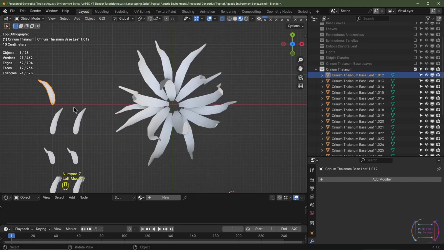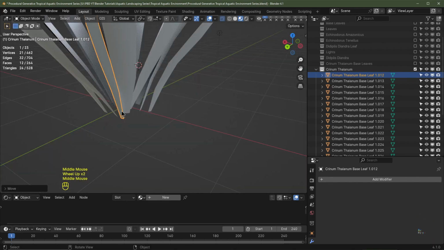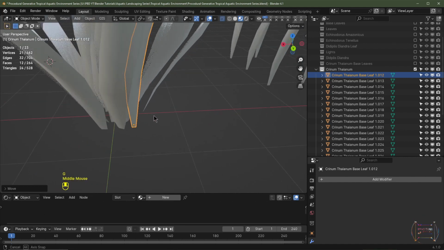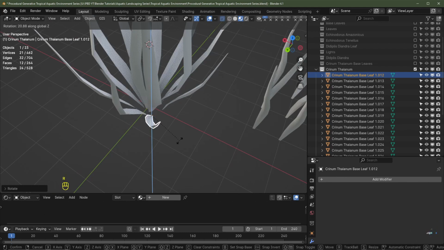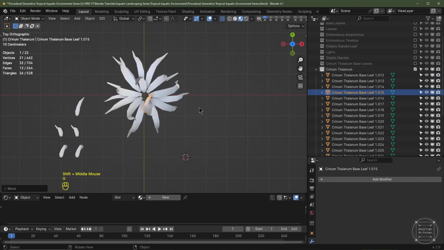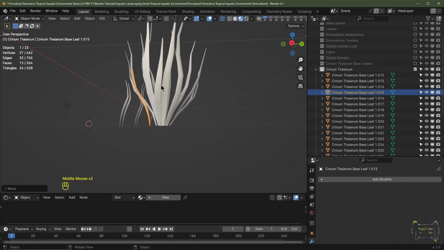I'll select this one, hit G, bring this around, maybe bring this one up here, move it about a bit, G, Shift Z to drag it on every axis but the Z axis, and then hit R and bring this down to about there, RZ, rotate it round, bring this one into play, so G, bring this one round to here, hit R for rotate, G, bring it in, and I'll also give it more of an angle, so R,